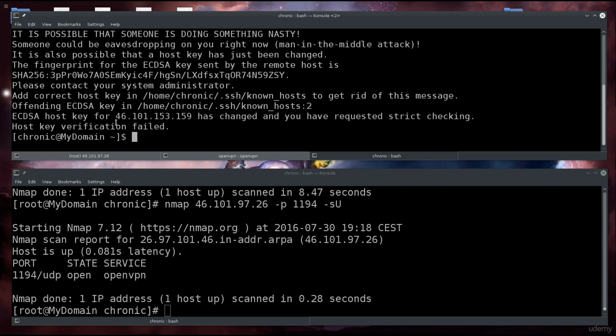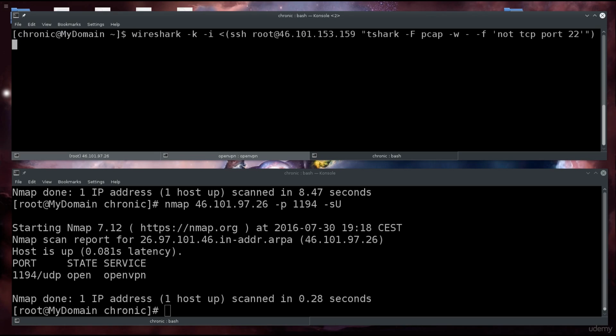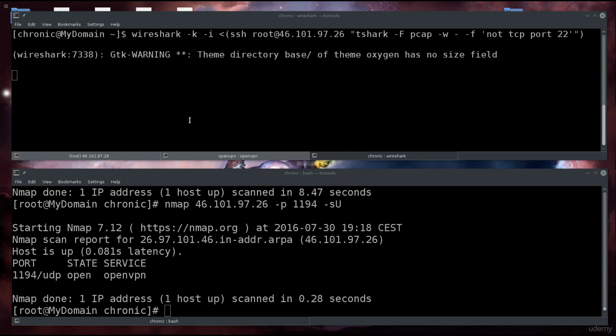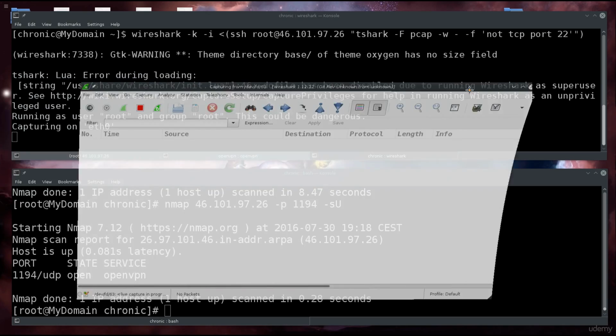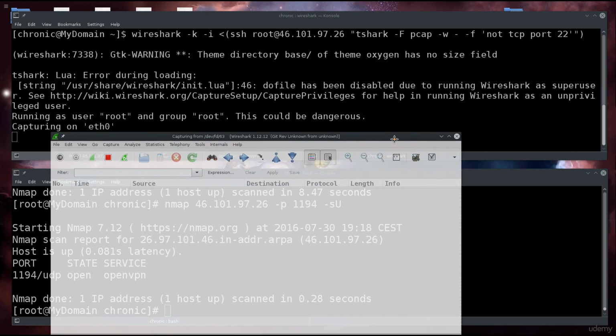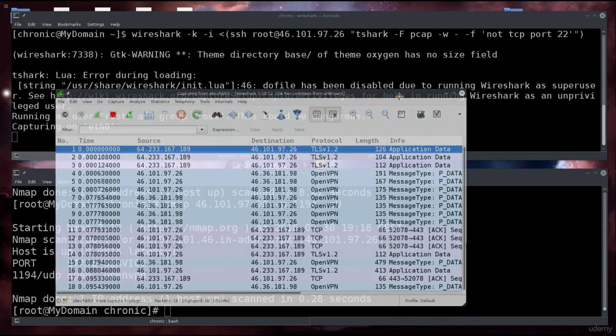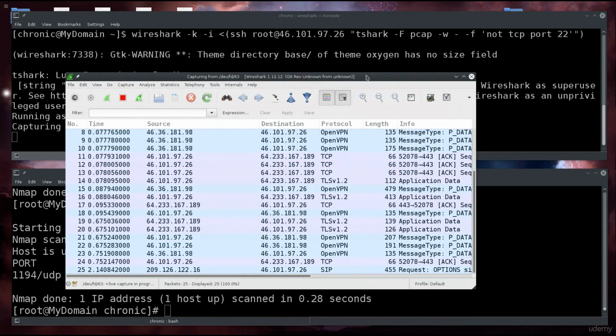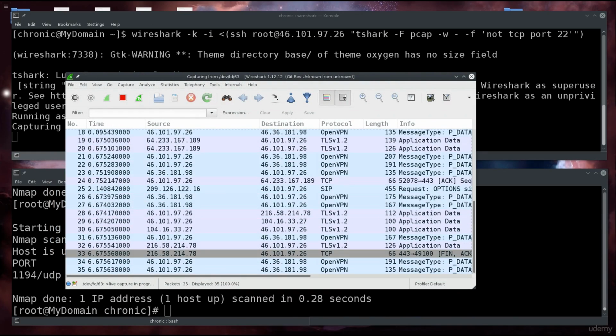Okay, let's just go ahead and close this. Clear the screen, and this is not even the proper IP address, so let me just go ahead and promptly change that. So 46.101.97.26, and let's go ahead and do it now. Okay, so it says running as root group root. This could be dangerous. Yes, I am well aware of it,